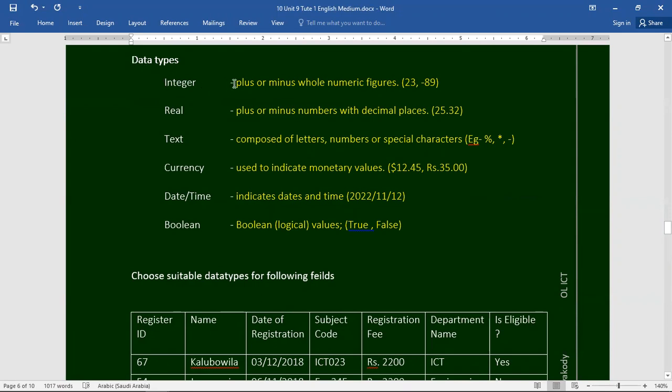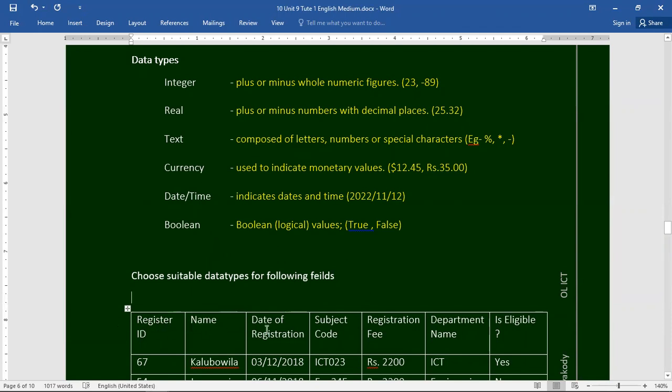Integer is a plus or minus whole number. Real is plus or minus with decimal places. Text data, currency, date time, and Boolean. And you have to find suitable data types for these: registered number, name, and so on.